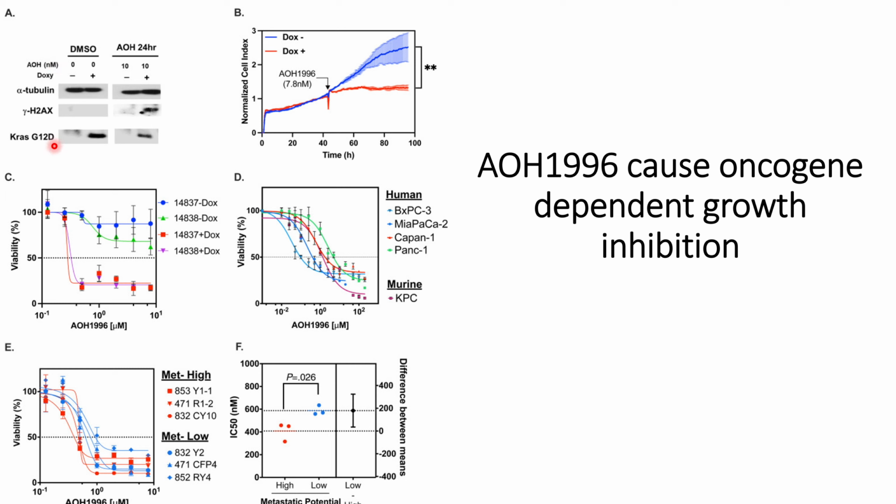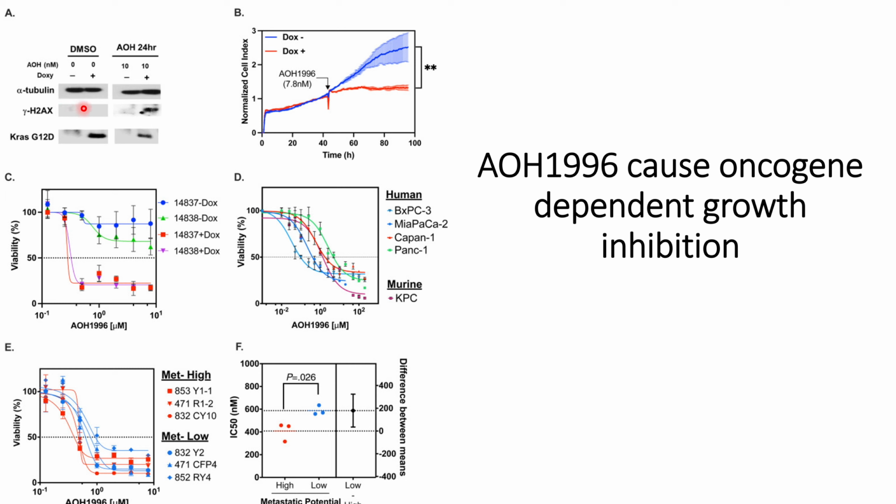When there is no doxycycline, we do not see the KRAS G12D mutations, but when there is doxycycline, we see KRAS G12D mutations. And this gamma H2AX is the indicator for DNA damage. Once DNA damage occurs, this gamma H2AX gets phosphorylated, and we can see its signal in the western